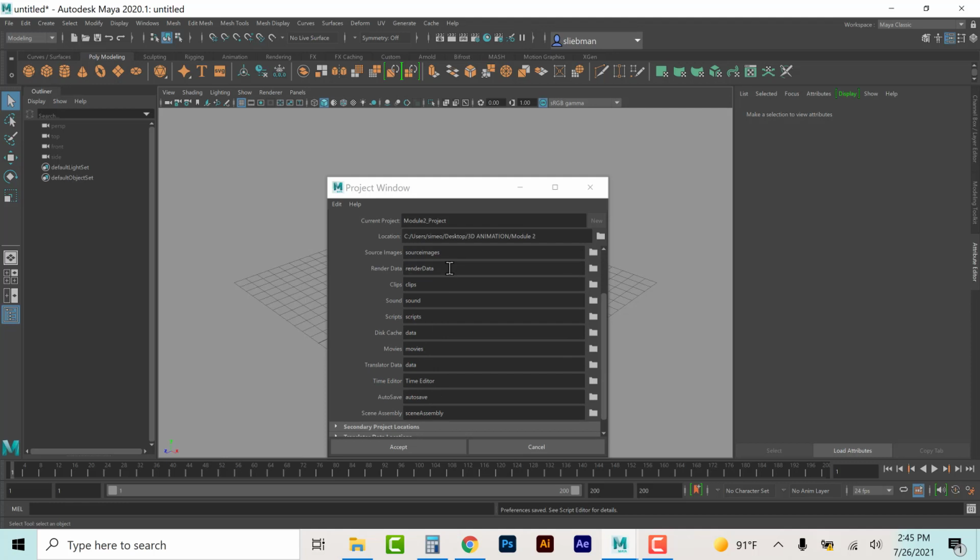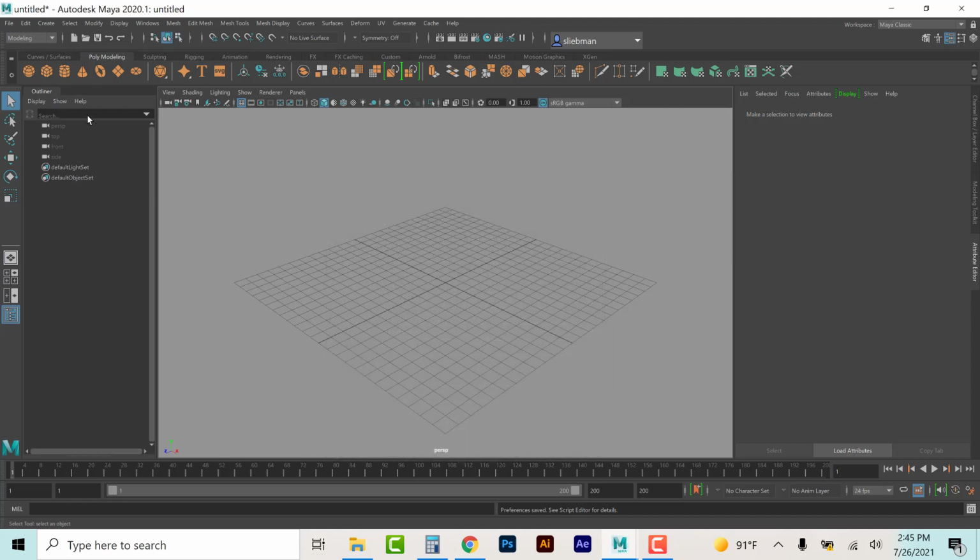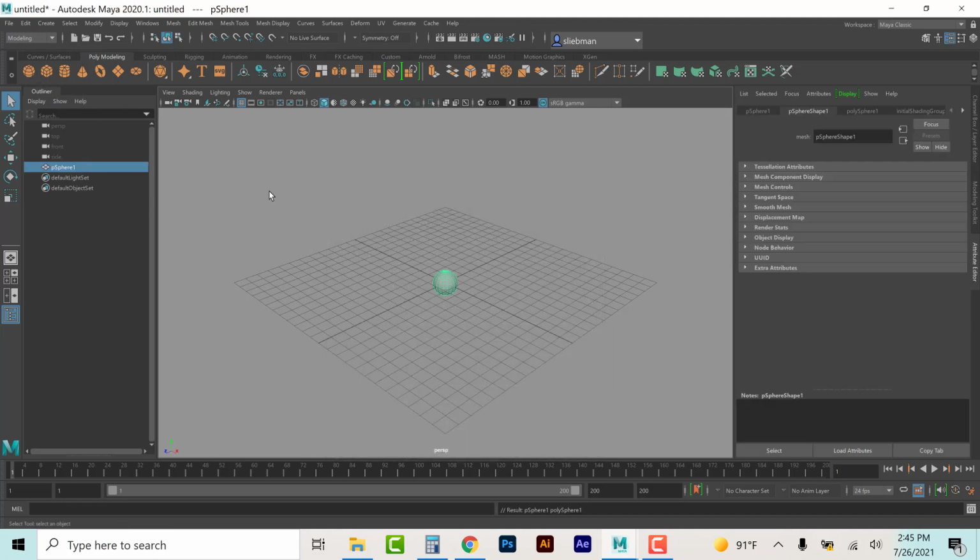And you want to do this, or else, if you don't set a new project or define a set project, and you want to open a scene and keep working on it, Maya will not know where to save things, and they will get lost in the lovely world of My Documents, for example, if you're on a PC. So this makes sure that everything you're working on in the project has a proper place to go. We hit Accept, and just as an example here, if I were just to create a simple ball